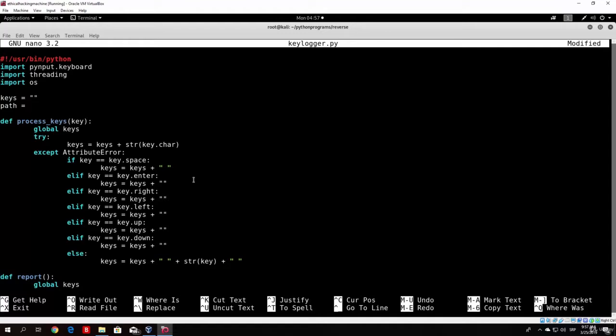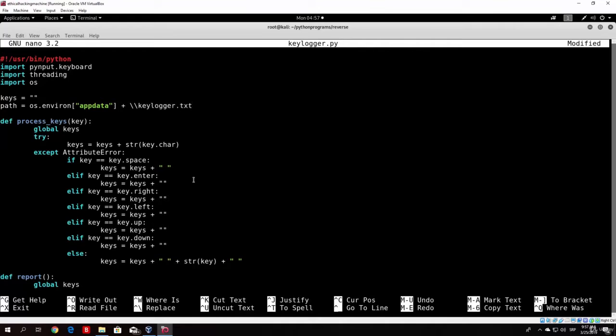So what we need to do is use the function called os.environ. So path will be os.environ app data, which is the same that we used in our backdoor, which will basically save our keylogger.txt at the same folder, and we need a name in order to name it, and let's call it